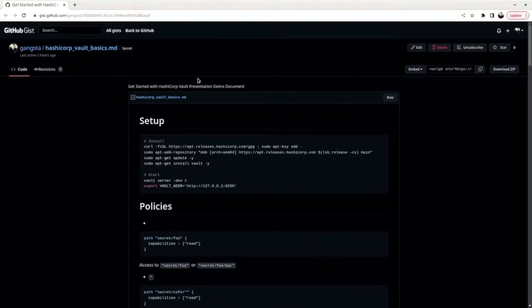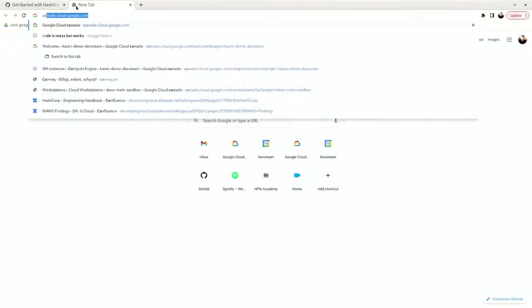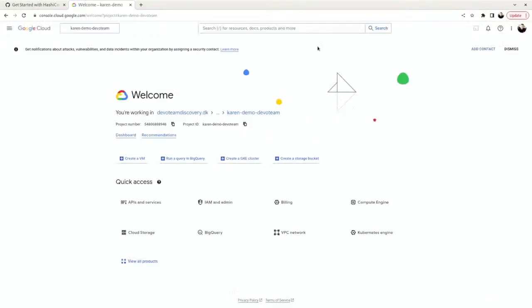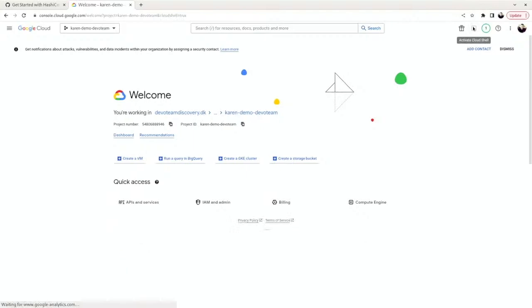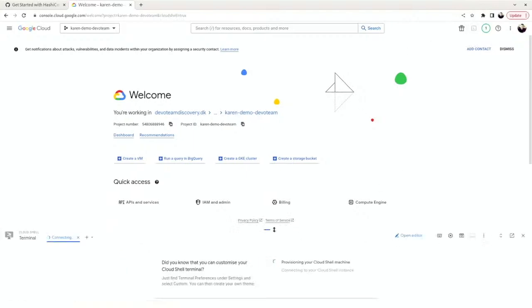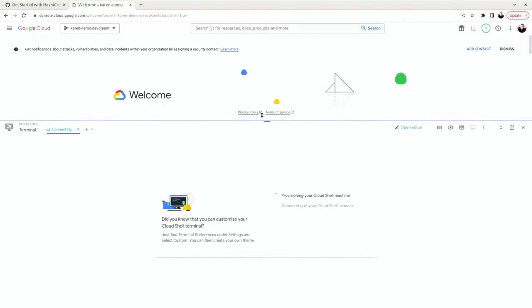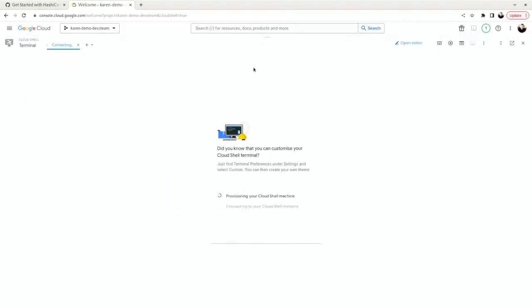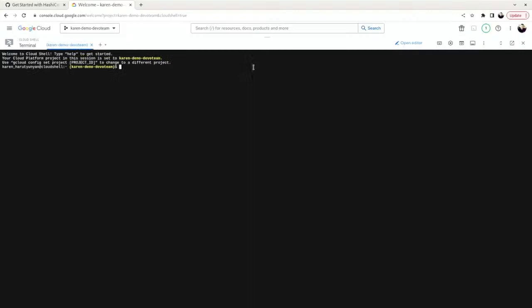Good. So I just need to move a little bit away so I can see what I'm doing. And again, I mentioned a lot of times about browser engineering. What can be even nicer is to just have something to run in the browser? I am very good in Google Cloud, so I'm going to use Google Cloud, and there is this Cloud Shell, which is a really nice thing. In the browser, you just get something like a pod or an instance. So that's what we are going to do as well. Everything on the browser, so no command line whatsoever. It's a Debian machine, so if you have a Debian machine, just use it.